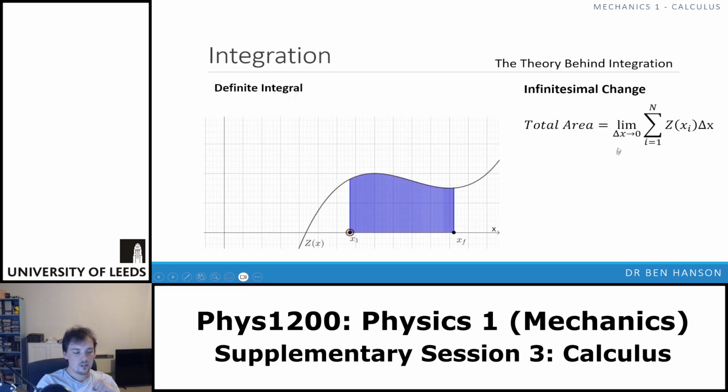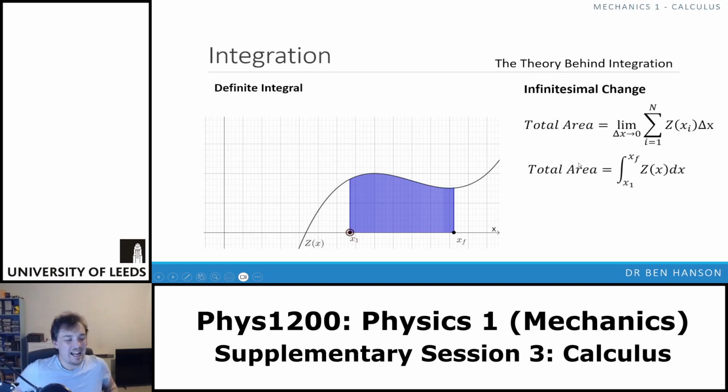Infinite segments, delta x is now equal to 0. We have an x1, and instead of x10, where n was 10 before, now we just say xf. It's the x at the end of that bit. That is now redefined as the integral from x1 to xf of z of x dx, where this integral is